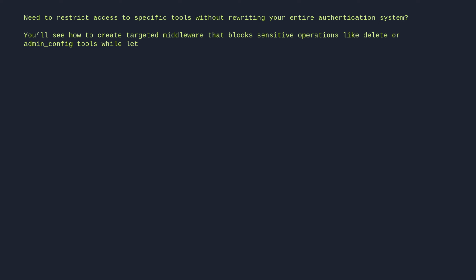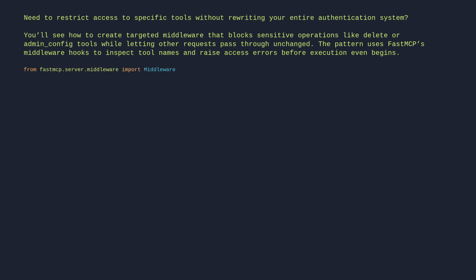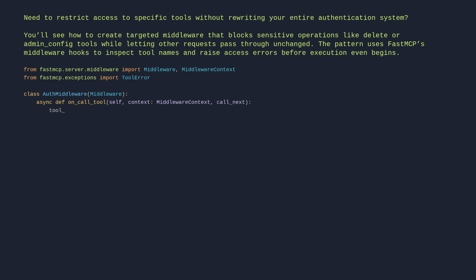From fastmcp.server.middleware import Middleware, MiddlewareContext. From fastmcp.exceptions import ToolError. class AuthMiddleware(Middleware): async def on_call_tool(self, context: MiddlewareContext, call_next): tool_name = context.message.name